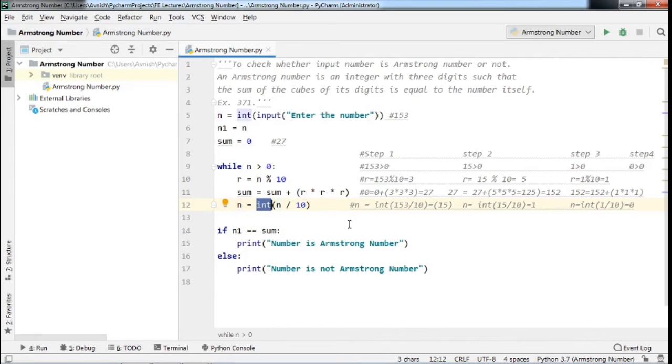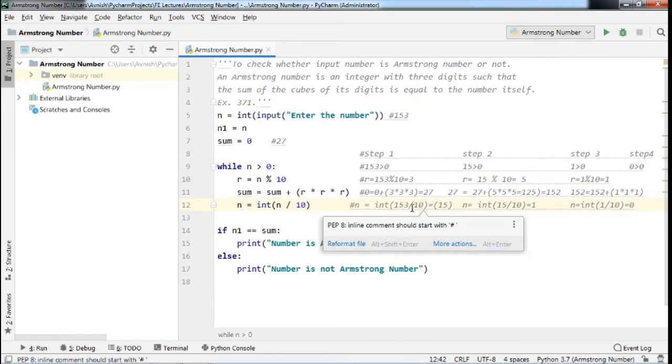Now 153 divided by 10 is 15.3. But due to this int function, your decimal point calculation will be neglected and only the whole number, that is 15, will be considered for this calculation. 0.3 will be neglected here due to the int function.